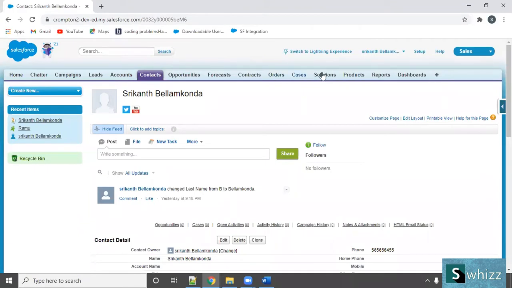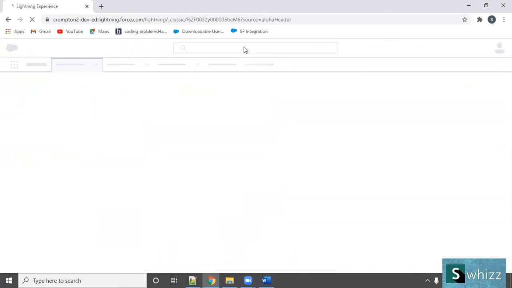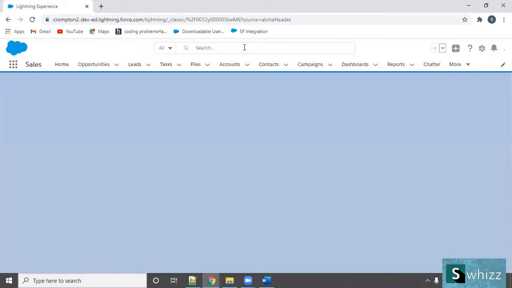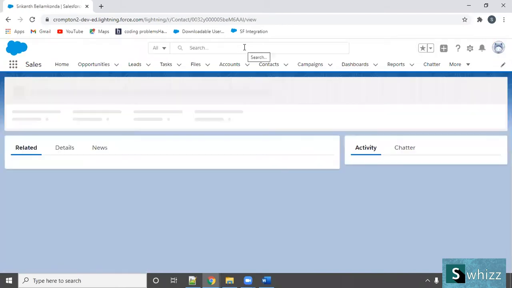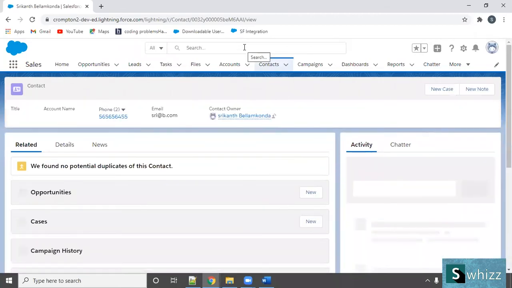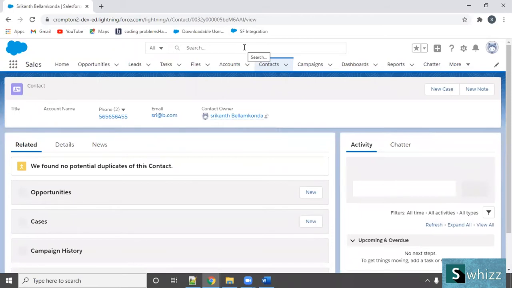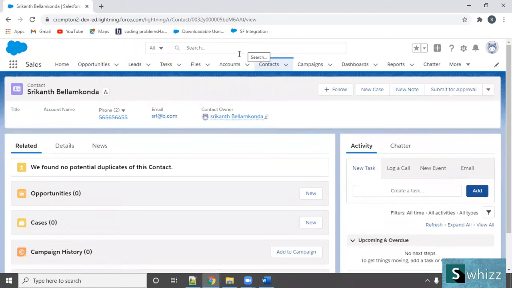Okay. So if you want to switch to the Lightning Experience, what do you do? Switch to Lightning Experience. Yes, switching to the Lightning Experience. Right? Now, if I want to create a record in the lead, what should I do? My requirement is very simple. I want to create a lead record in my organization. What should I do?